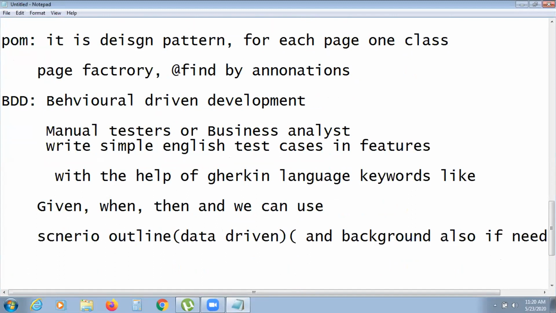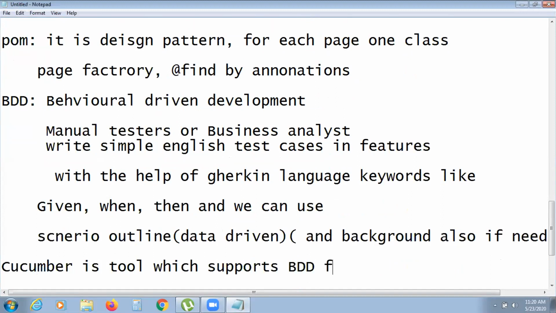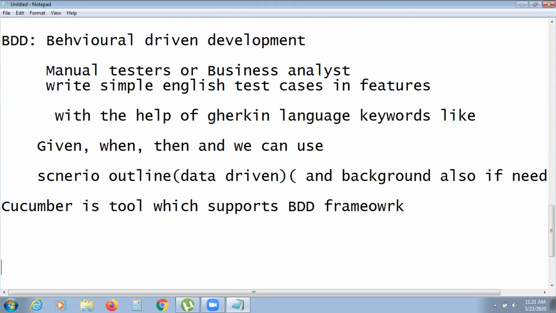I understand. Cucumber is a tool which supports BDD. So Cucumber is a tool which supports the BDD framework. So this is the logic we are seeing.